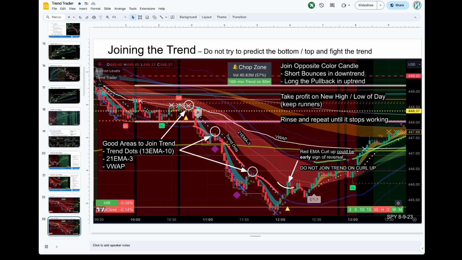Where do you join the trend? Okay, so we had a great trend day. If you missed the original put signal in the afternoon, where do you get in? Good spots to get in are at the VWAP when it pulls back. You want to always buy on an opposite candle. Okay, don't overpay. And then I have these bias candles, which again is based on an idea from Sadie.